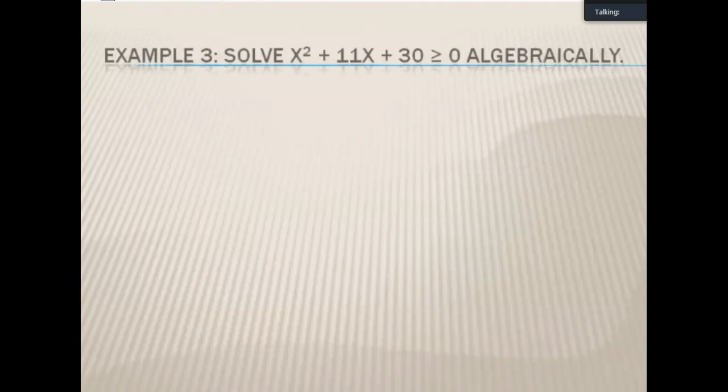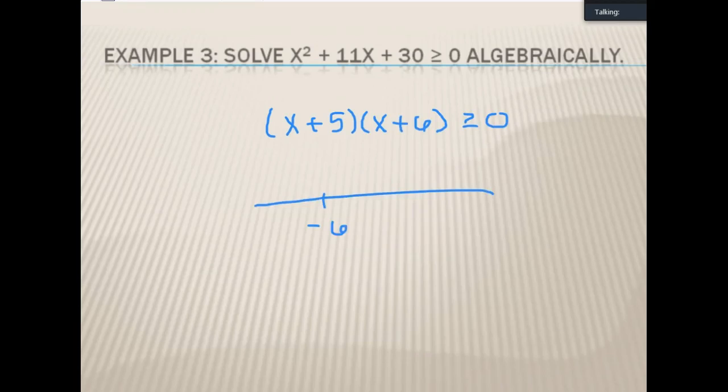Okay, and example 3, you have x squared plus 11x plus 30. So once again, you are looking at, okay, can I factor this? Yes, I can. My roots are going to be -5 and -6 because x plus 5 times x plus 6 is greater than or equal to 0. Now I'm looking for the positive parts. Once again, these roots are closed circles at those points because now my inequality is greater than or equal to,